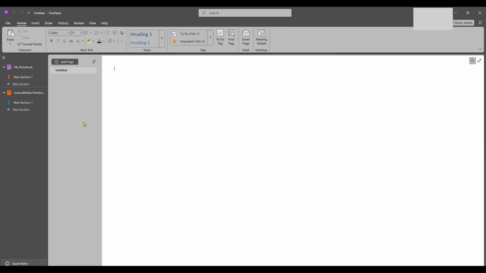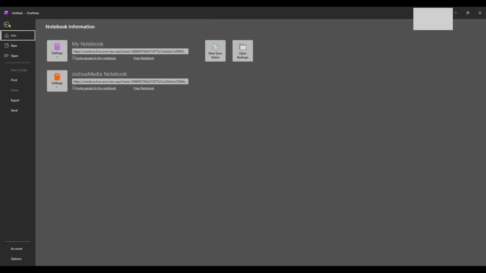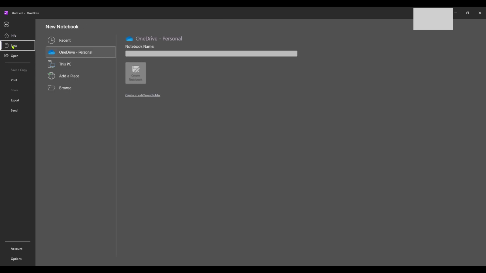Look towards the upper menu bar and click on File. This is going to take you to a new view, which provides a variety of options. Here, you'll be able to manage various aspects of the OneNote application like account settings. But what we're interested in today is the New option. Go ahead and click on New. By doing so, you'll be directed to a page where you'll start the creation process for your new notebook. It's a pretty straightforward page that keeps the operation simple and focused.